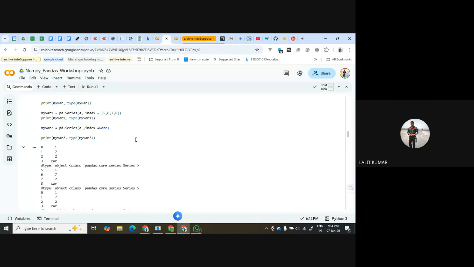Sir, one small issue. You earlier said that pandas is a wrapper around NumPy, so the series actually acts like an array. But here in the series we have different kinds of data, shouldn't an array be homogeneous?